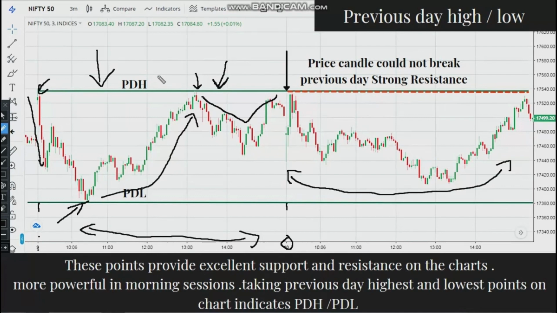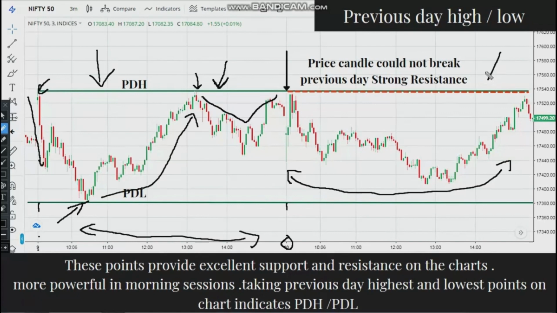We will talk about this. So on 10th you will mark previous day high and previous day low. So the highest point of previous day and the lowest point of previous day, make a line straight, and now